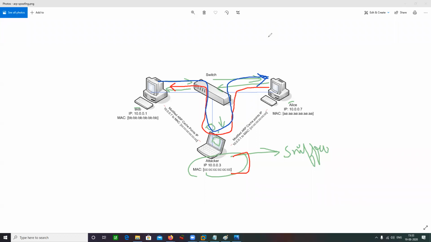Now we have certain techniques for MITM, like CAM table flooding is one of them. What is CAM table flooding? So the CAM table is essentially a table that exists inside the switch that holds the entries that map the MAC address to the port. The switch is going to make a record of which device is connected to which interface.